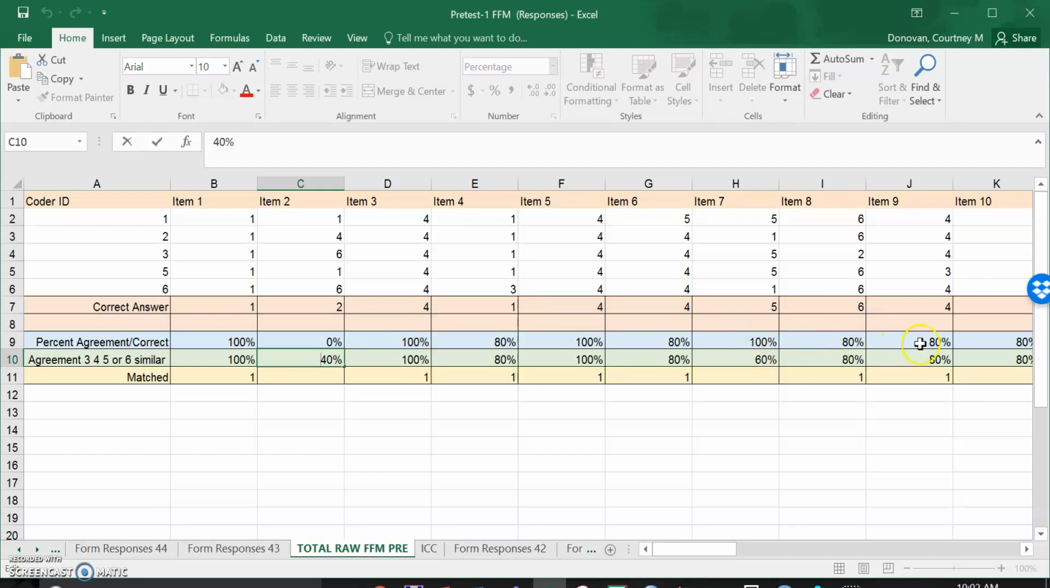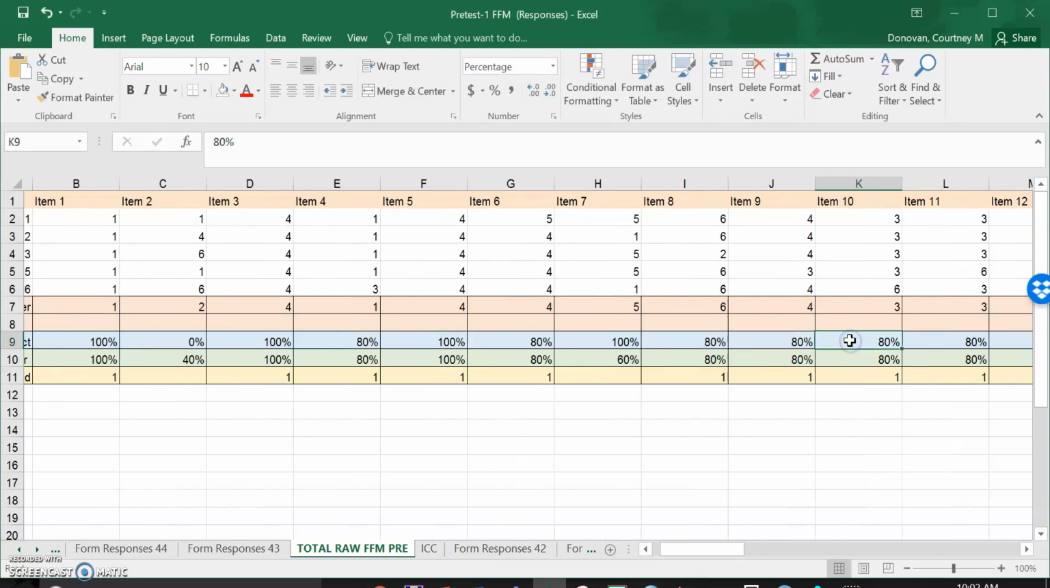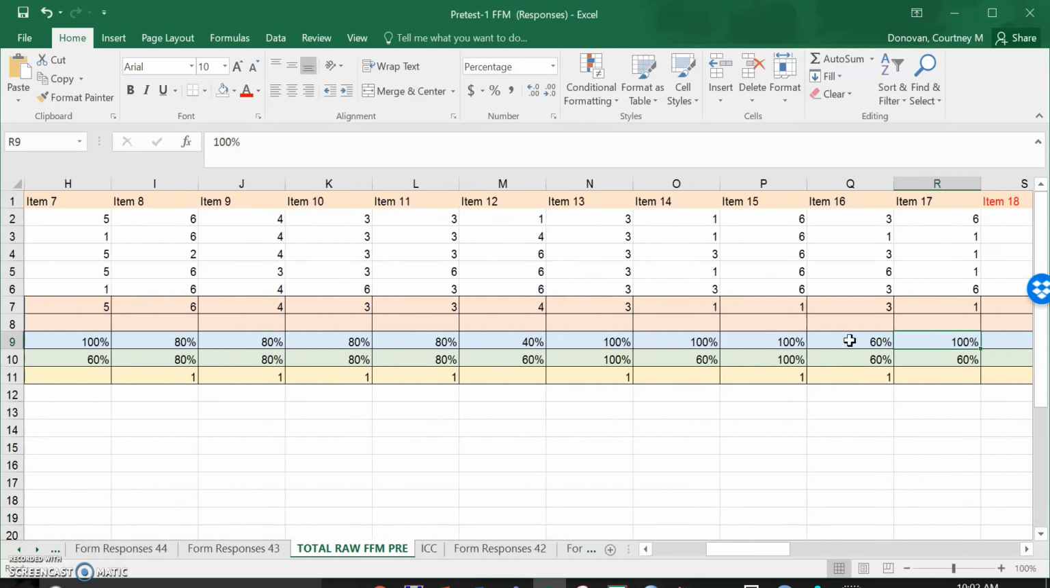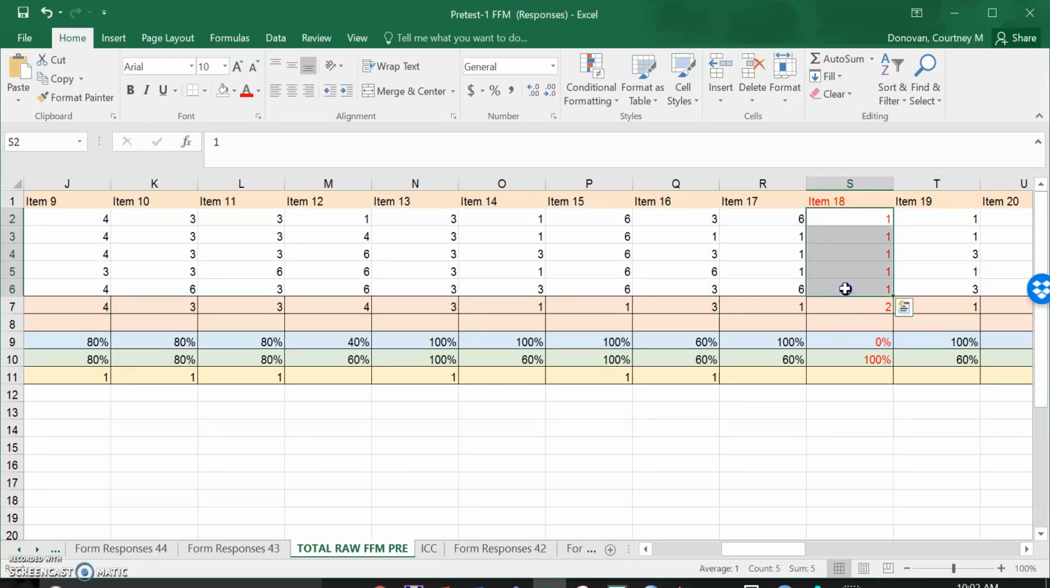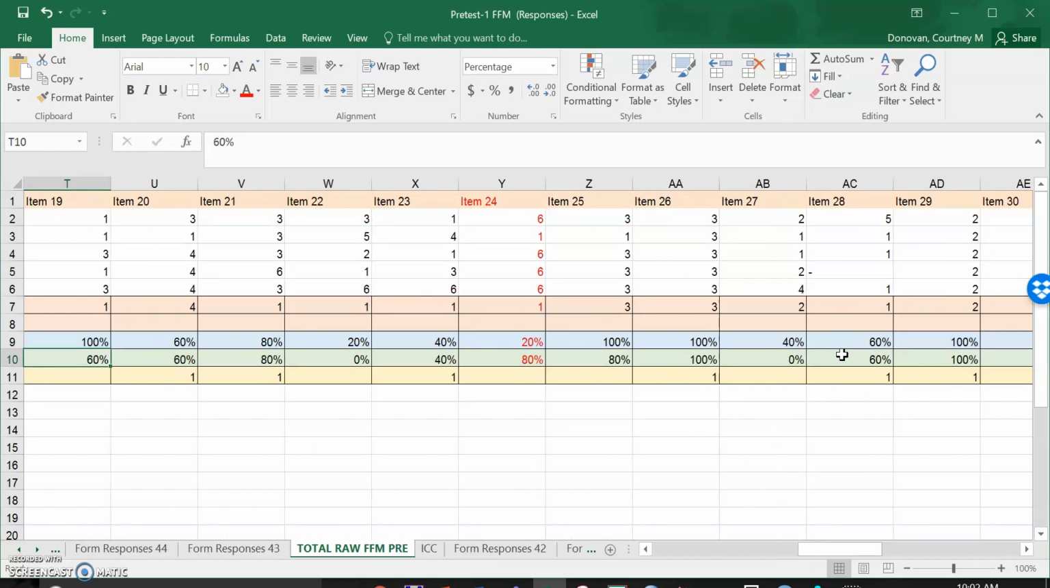Let's go to item 18. So here, nobody agreed with the correct answer, the master coder, but everybody agreed that it was a 1. So our raters are agreeing with each other, but they're not agreeing with the standard. And so we're seeing discrepancies between those. So I went item by item, and then you get to the end,